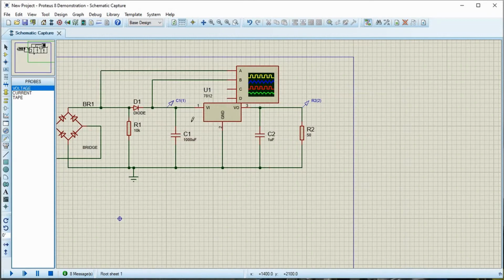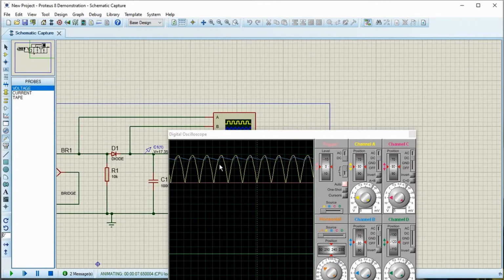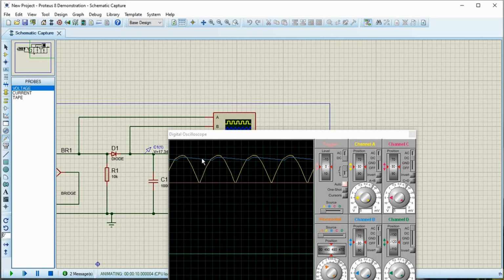Okay, now for sensing I can tap it from this point, but then what happens is the voltage at this point depends upon the load. As the load varies, the rectified waveform will change. At a lighter load it will be a flat line, and when the load becomes higher, you can see ripples. But my sensing voltage, I don't want it to be dependent on the load. It has to be independent.